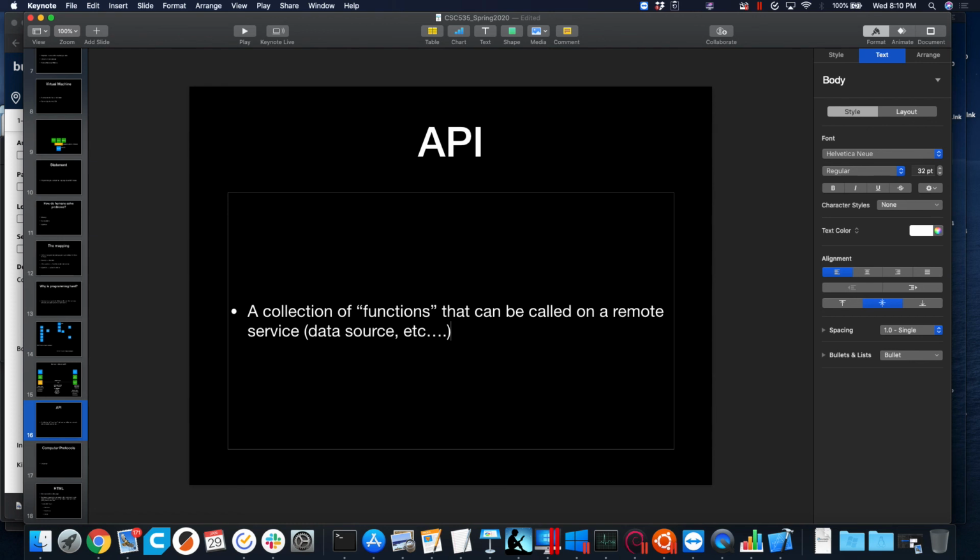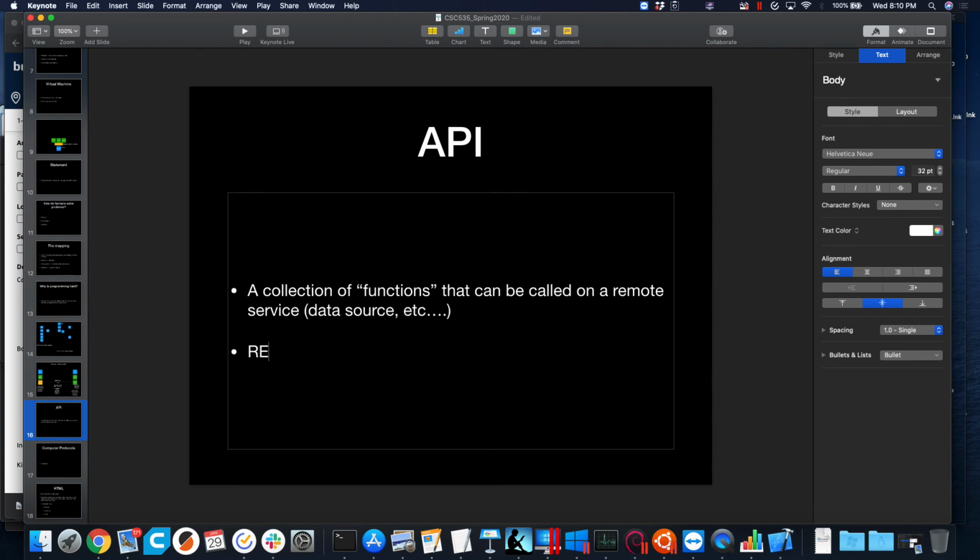That's the problem it's solving. How many of you have heard of REST or RESTful APIs? Seen those things? All of our modern APIs are REST or RESTful APIs. Every one of them. Very, very, very high tech.